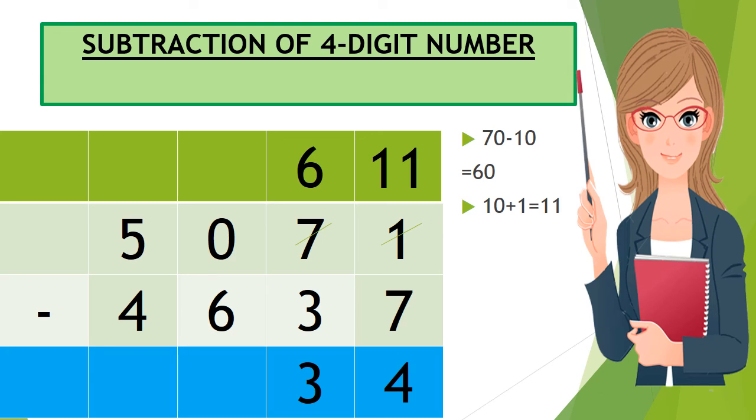Again we have to borrow from 5 which is at the 1000 place. So the value of 5 is actually 5000, from which when we subtract 1 it means we are taking away 1000 from it. So what is left? 4000. So in the thousands column, after cutting 5, we will write 4 at the thousands place, and in the hundreds column we will write 10 to show